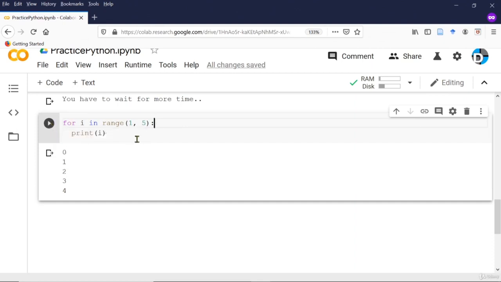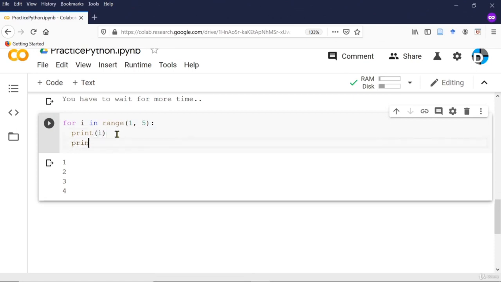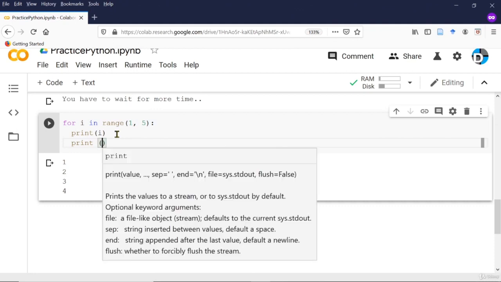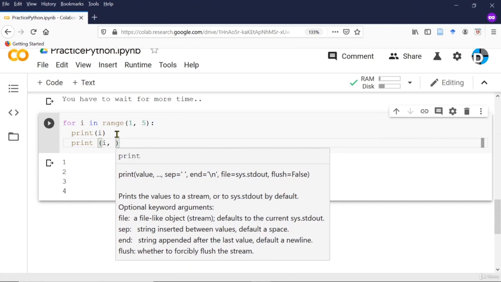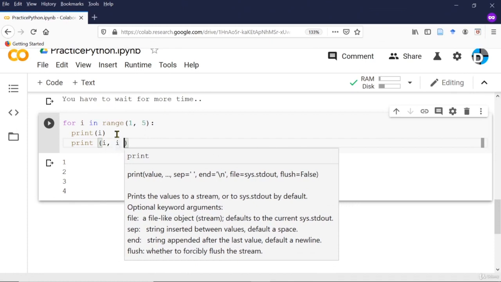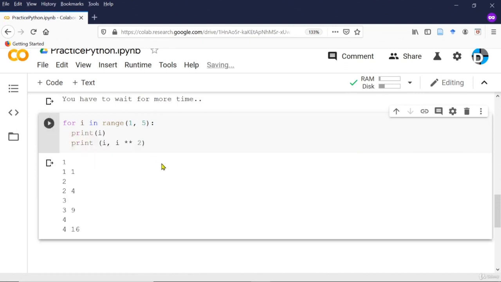It should show values from 1 to 4. So here you go. You can add multiple prints as well. Let me write i, then let me do some arithmetic operation. Let's suppose i star star 2. Okay, so it should print your